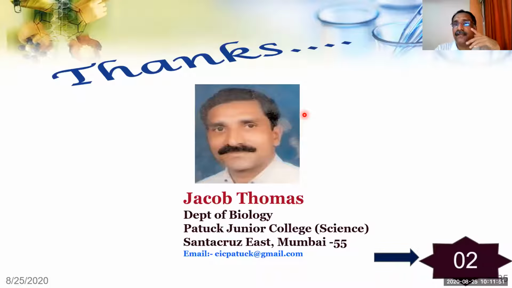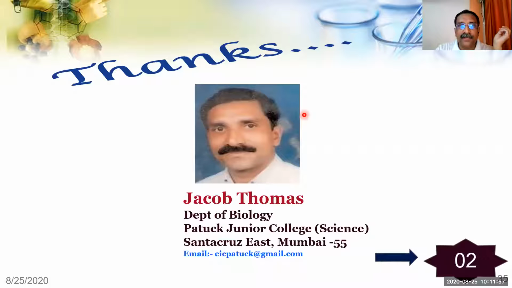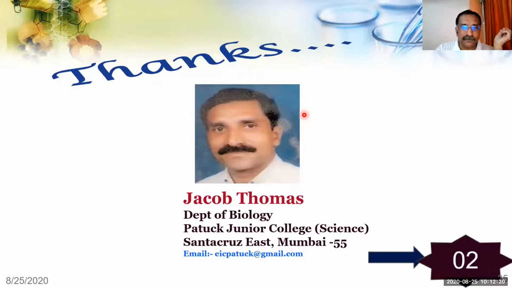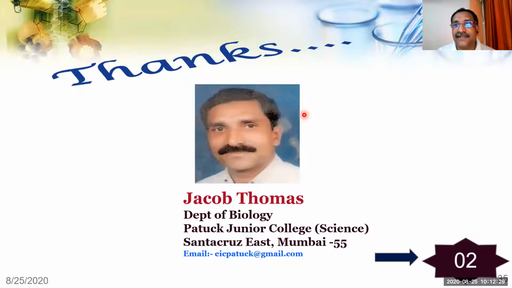We have seen that there are different types of vectors, but most widely we use the plasmid, and second, the bacteriophage. For plasmids, two basic examples I told you are pBR322 and pUC. Bacteriophages are lambda and M13. Then I told you some technical terms, what a cosmid is, and what a plasmid is.